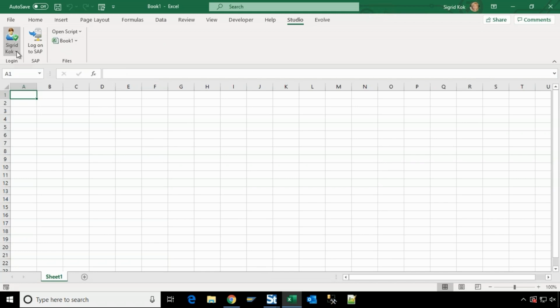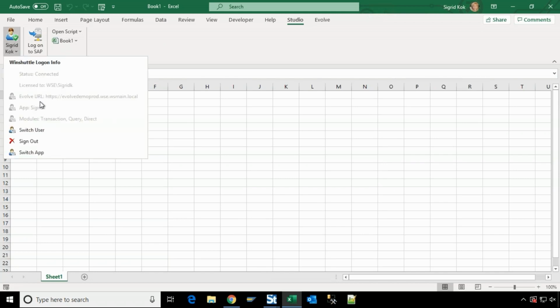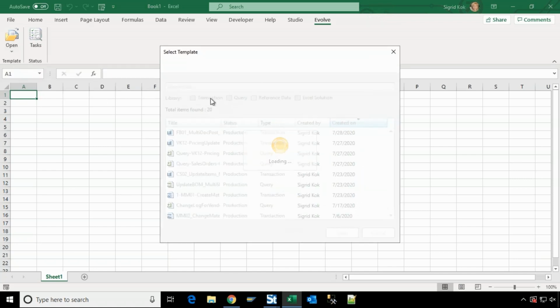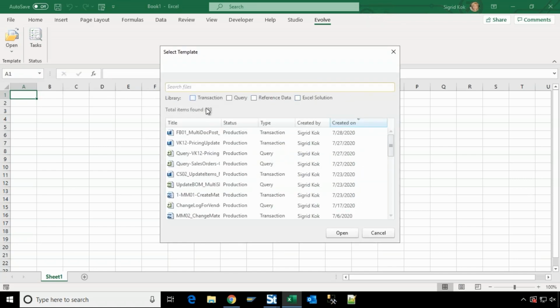So in Excel, I'm already logged in, and I'm pointing to my Sigrid app. And I'll hop over to this tab in Evolve, and I can open templates, and I can choose the type, or if I just click on templates, it'll give me the option to filter it, so I'll filter it. Here you'll see my FBO1, it's in production status, and when I open it,